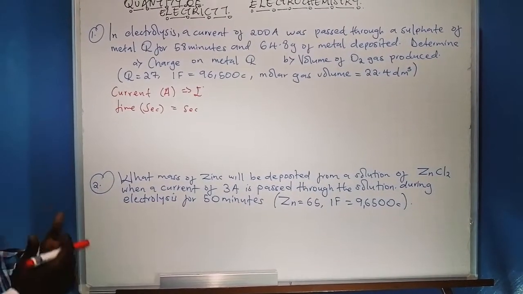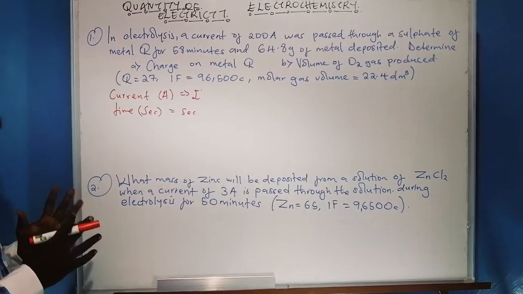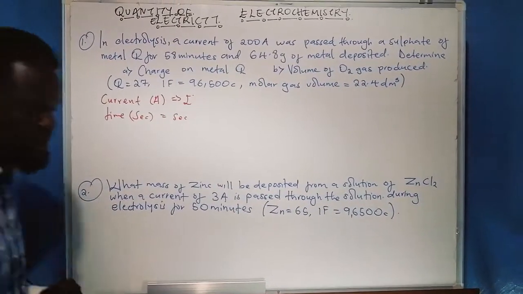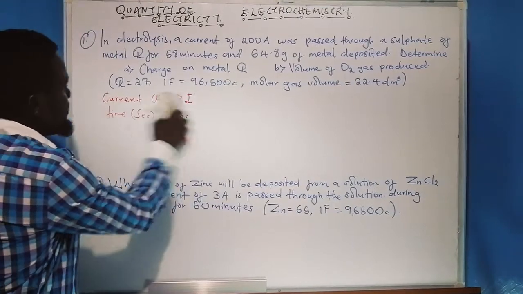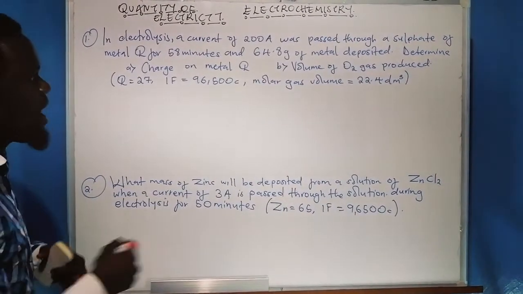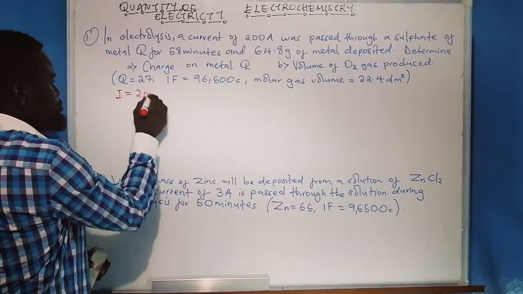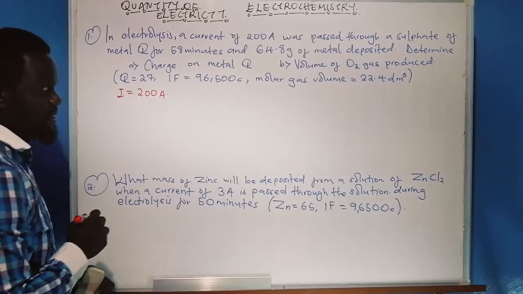So given this question, I normally advise students first to write down whatever things that we've been stated for. So one, we've been told that a current of 200 amperes, meaning that I is equal to 200 amperes,